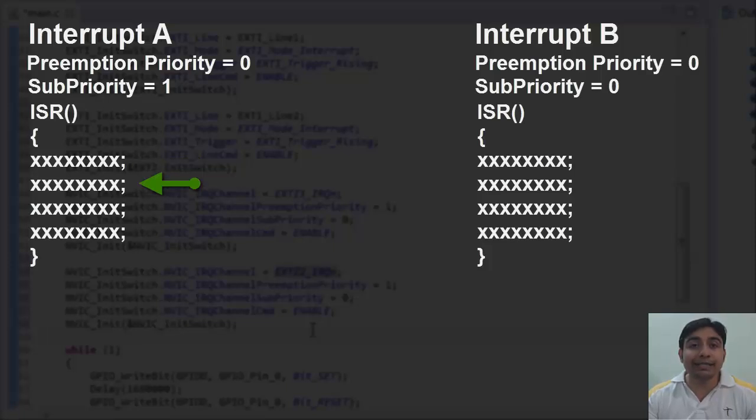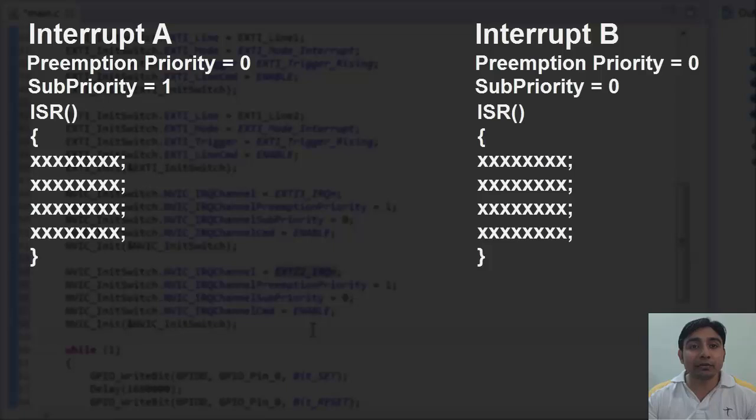Now let's suppose interrupt B occurred in between the execution of the ISR of interrupt A. But in this case, interrupt B will not preempt interrupt A. The ISR of A will first complete and then the ISR of interrupt B will start executing. Although interrupt B's sub priority value is less than A's, interrupt B will still not preempt interrupt A because the preemption priority value is the same.